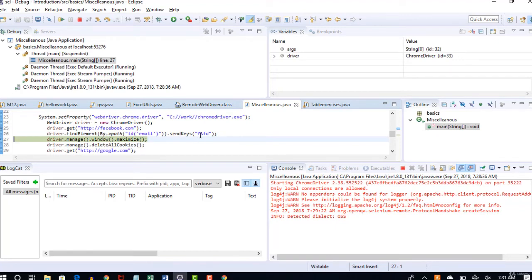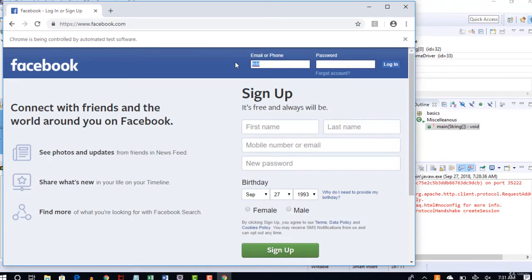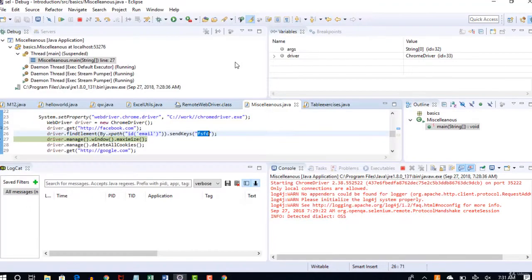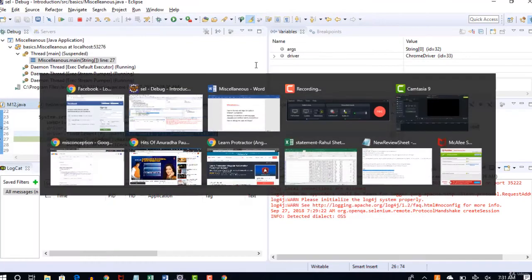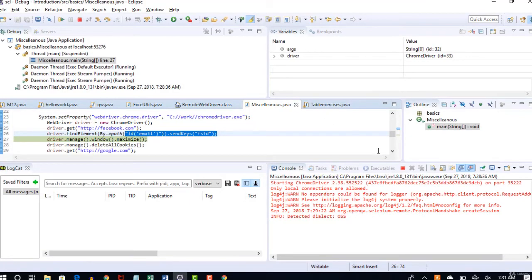So that means FSFD should be entered in our email. You see that it entered. Perfect, right? So this is how you can debug and watch execution step by step. And if your script is failing every time at this point and you don't have any idea why it's going wrong, you can debug like this and understand what's happening by pausing your test.